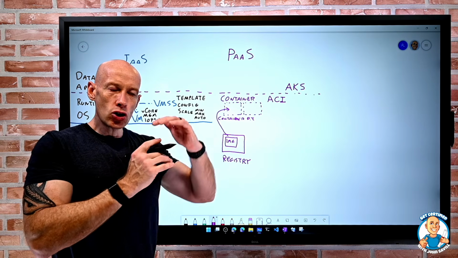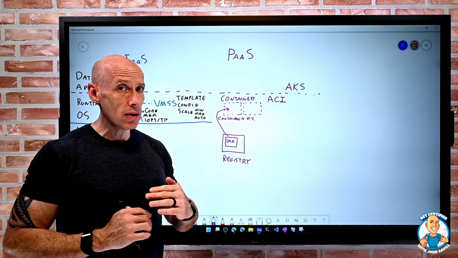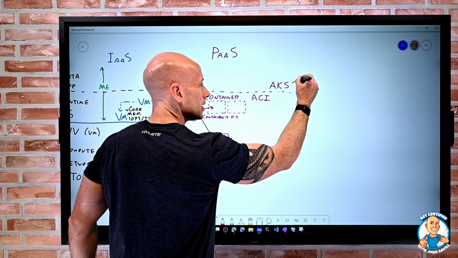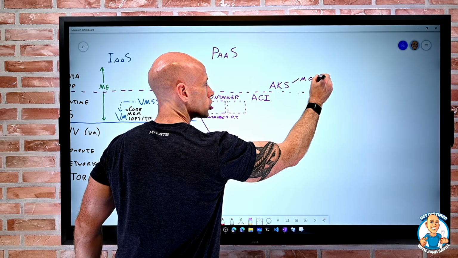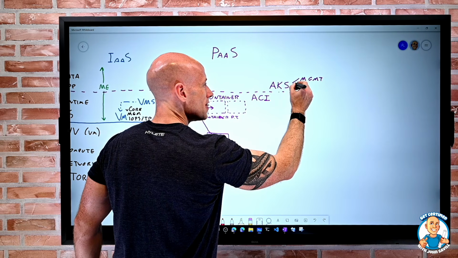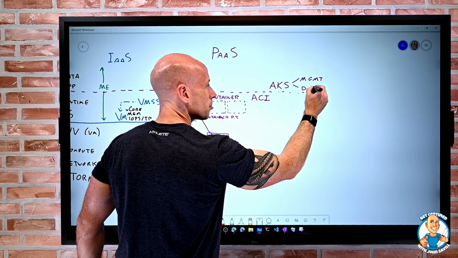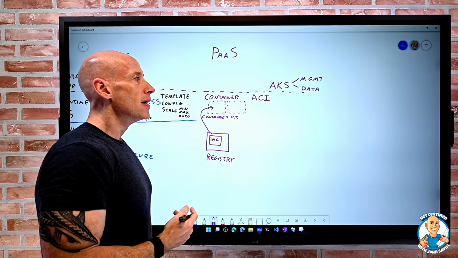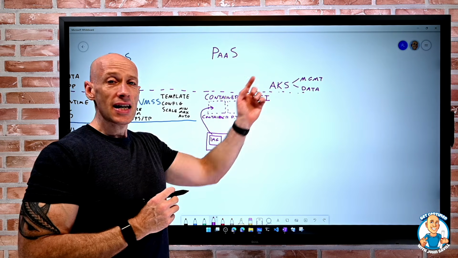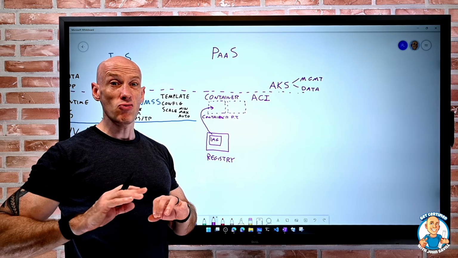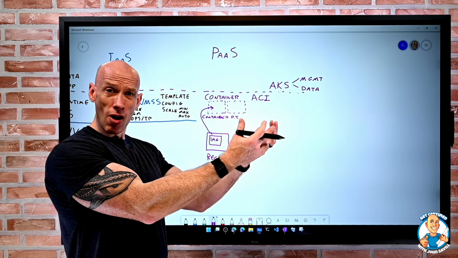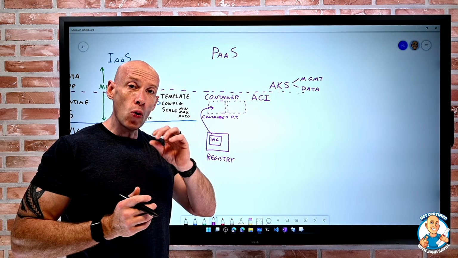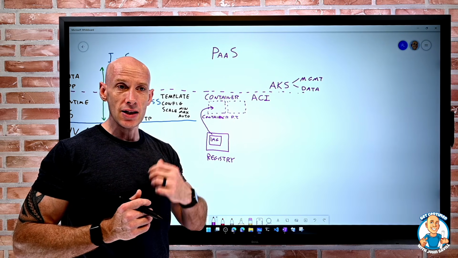Now there's really two planes to think about with Kubernetes. There's a management plane, the control plane, and then there's this idea of kind of a data plane, or where I actually run my containers. With AKS, that management plane is fully managed. I don't really see it. It's off running somewhere. It doesn't run anything I can see in my subscription, but all of the components that make Kubernetes work,